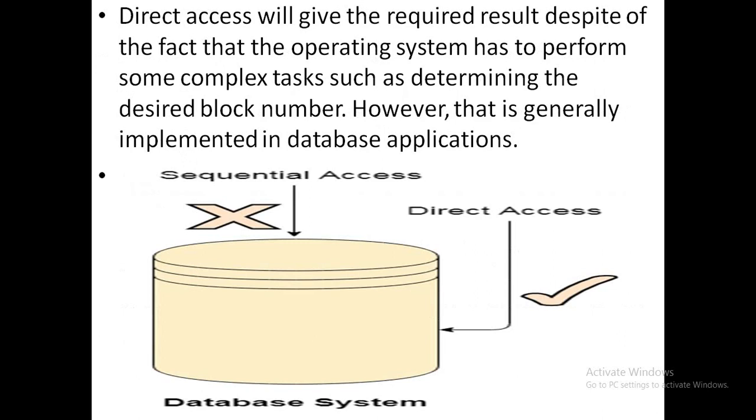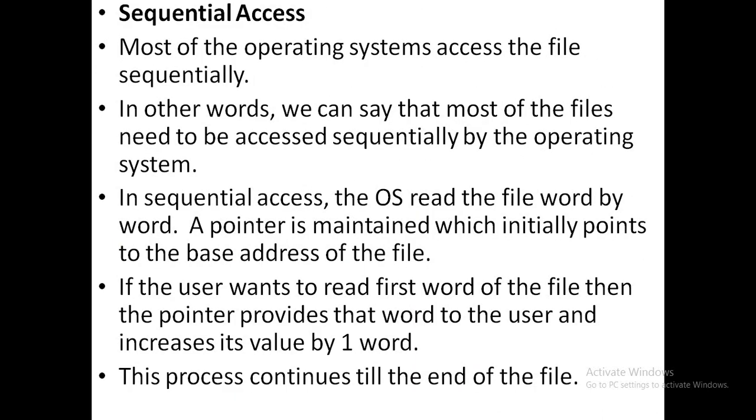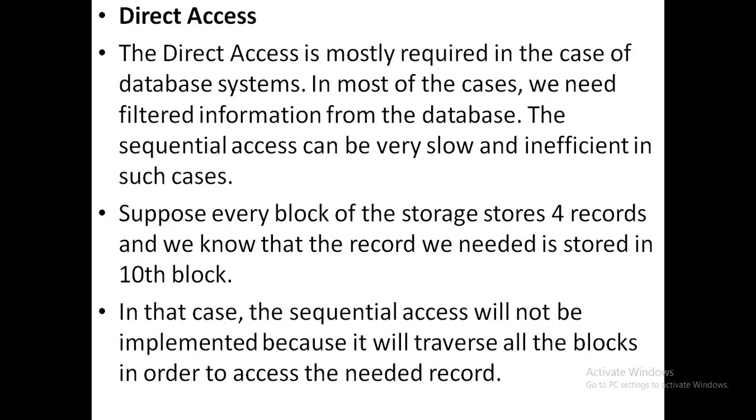So again, in sequential access, the operating system moves on a database or a hard disk one by one, file by file, from the beginning to the last. That's why it is a slower process. To overcome the disadvantage of sequential access, we move to direct access, and in direct access, we jump to the direct location of a particular record among all the files stored in the hard disk or in the database.